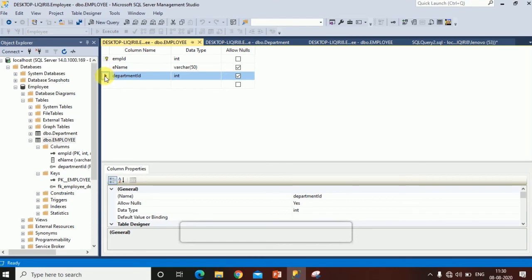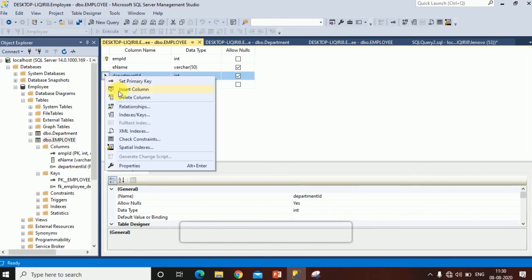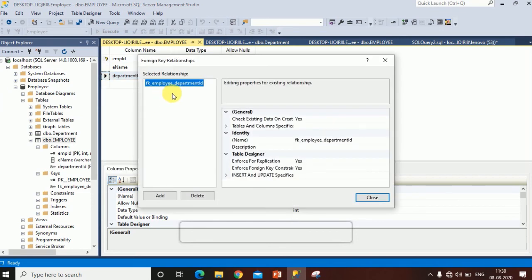I want to make the department column a foreign key, so I will select the department column, right click on it, and click on relationships.